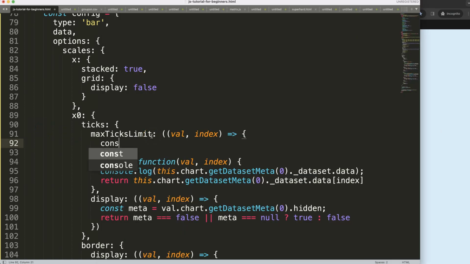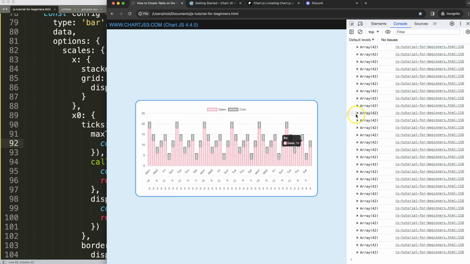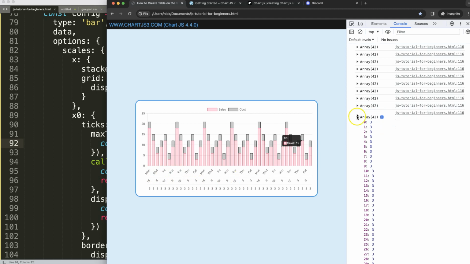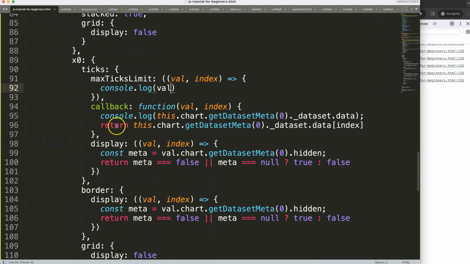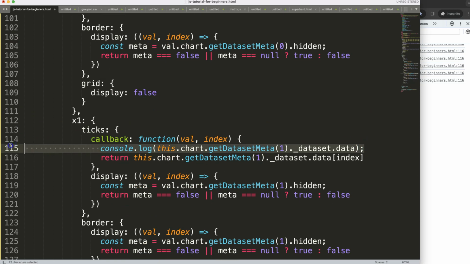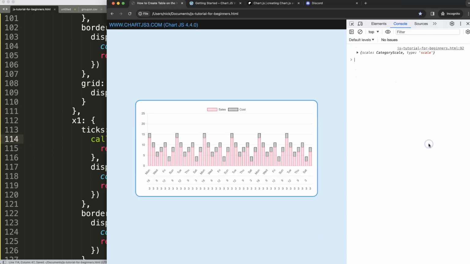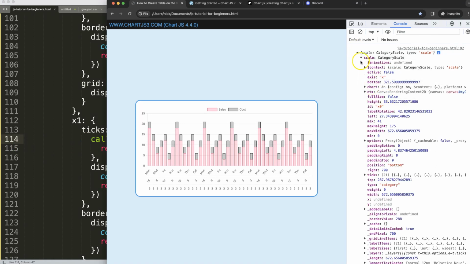So to do that, I'm going to say console log, and in the console log we're going to start going step by step to a specific place, where is the X scale value, or where we can count how many ticks we have. Alright, we're getting these arrays here. Alright, I guess that's the console log in the callback. Let's delete all of this excess data. We don't need that here as well. Save that, refresh. Alright, so then we're going down, we go to the scales,